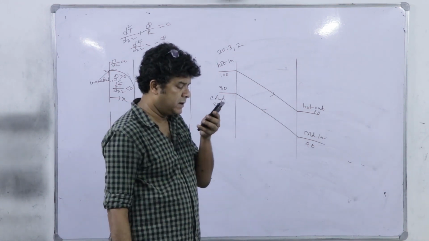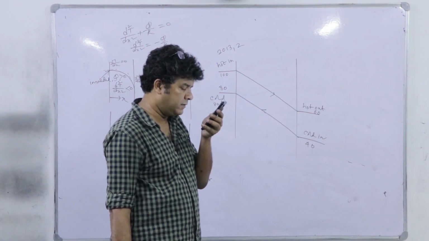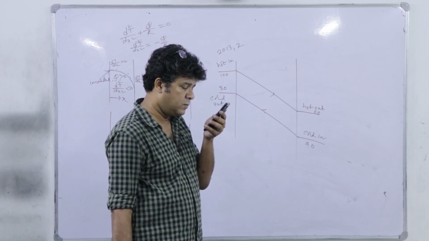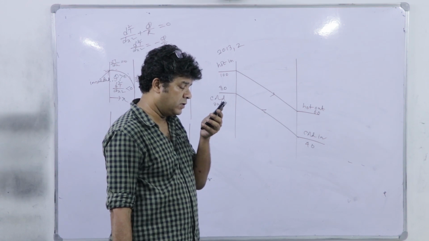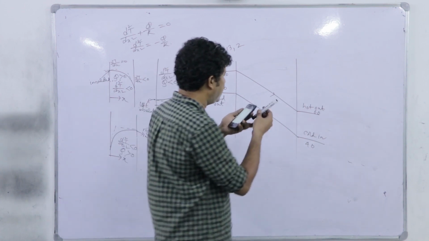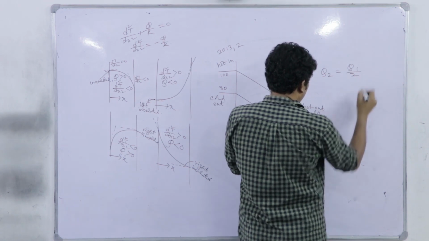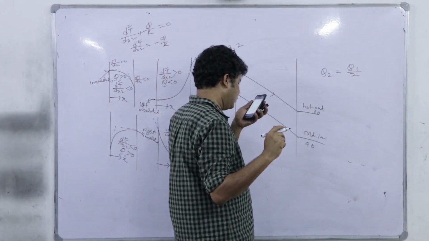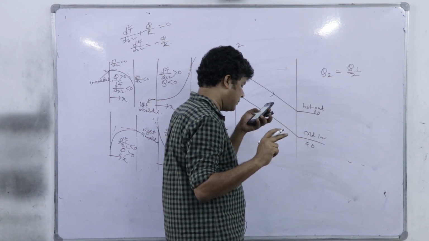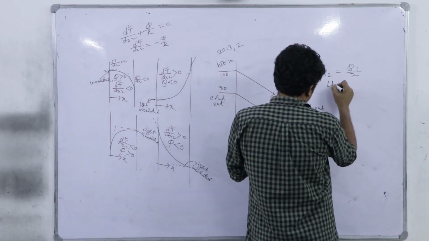What is the problem statement? In a double pipe countercurrent heat exchanger, the temperature profiles shown in the figure were observed during operation. During operation, due to fouling inside the pipe, the heat transfer rate reduces to half of the original value. So Q2 will be equal to Q1 by 2, half of the original value it reduces, right. Assuming that the flow rate and the physical properties of the fluid do not change, the LMTD in the new situation.